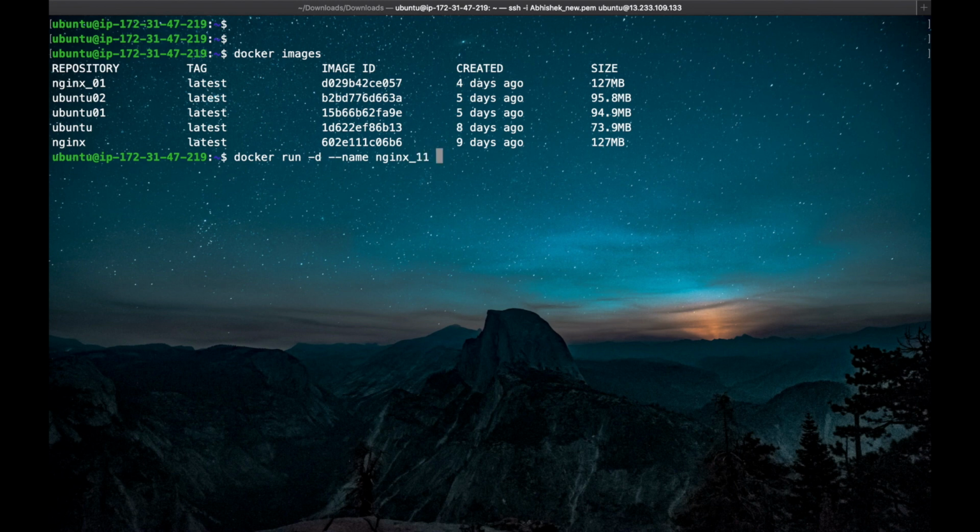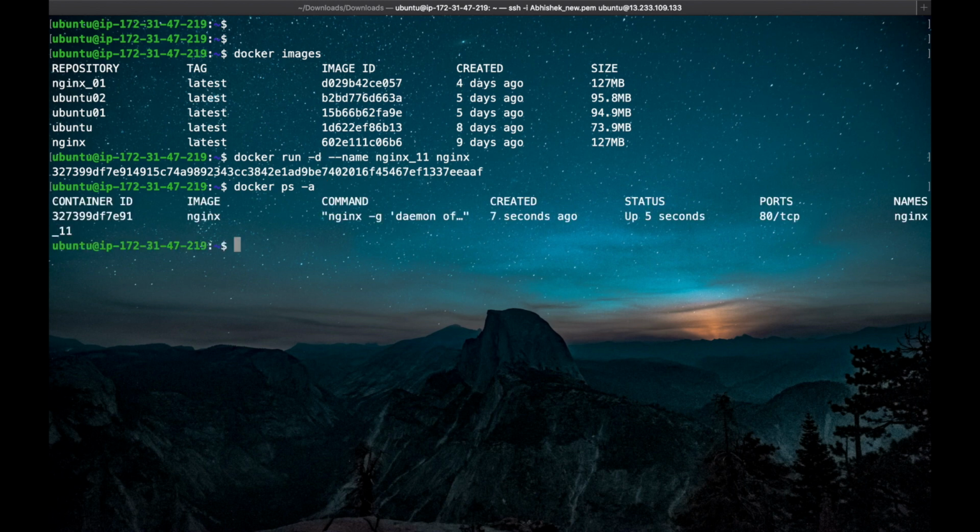Once we execute this command, our container will be created, but we did not define any network here. Once this container is created, it will be given the default network, that is the bridge network. The container is created. To check it, the command is docker ps -a. We can see here that our nginx container is running.